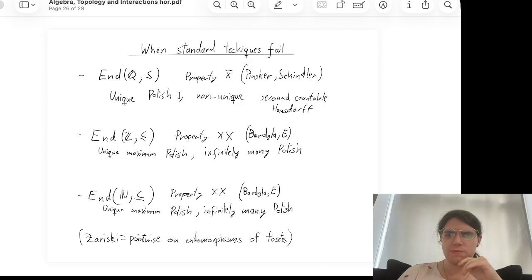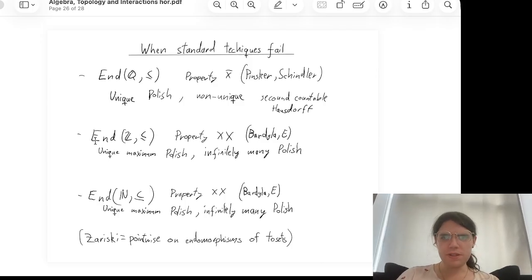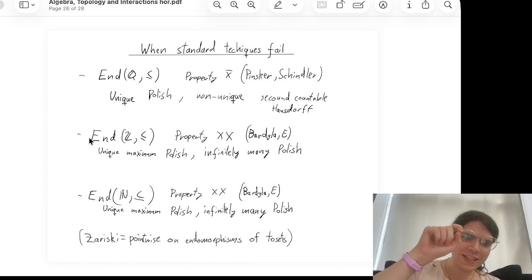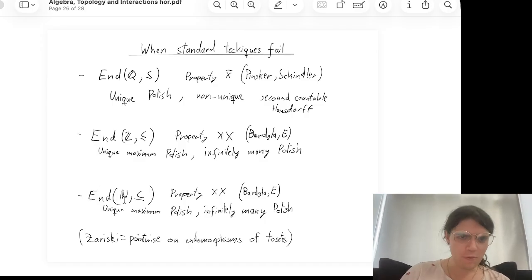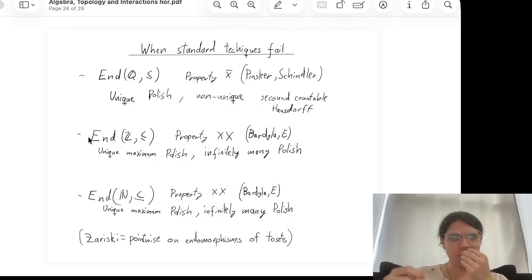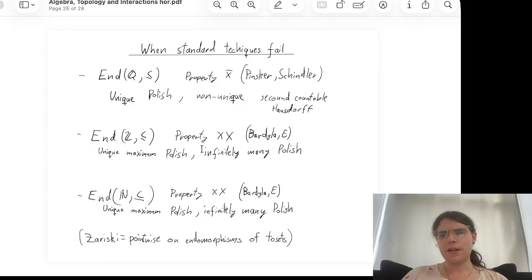It's much harder than many of the other results I've mentioned. And more recently, in a paper with Serhii, we did similar things for the integers and the naturals. I was quite happy with these results because, as you probably are aware, the automorphism group of the integers is tiny. It's countable, and the automorphism group of the naturals is even smaller. It's got one element. So really property X is totally useless for these two examples, at least if you're considering it with respect to the automorphism group. But it turns out they satisfy this thing called property double X, and it again has a unique maximum Polish topology. So this gives you a nice upper bound, similar to how property X works.